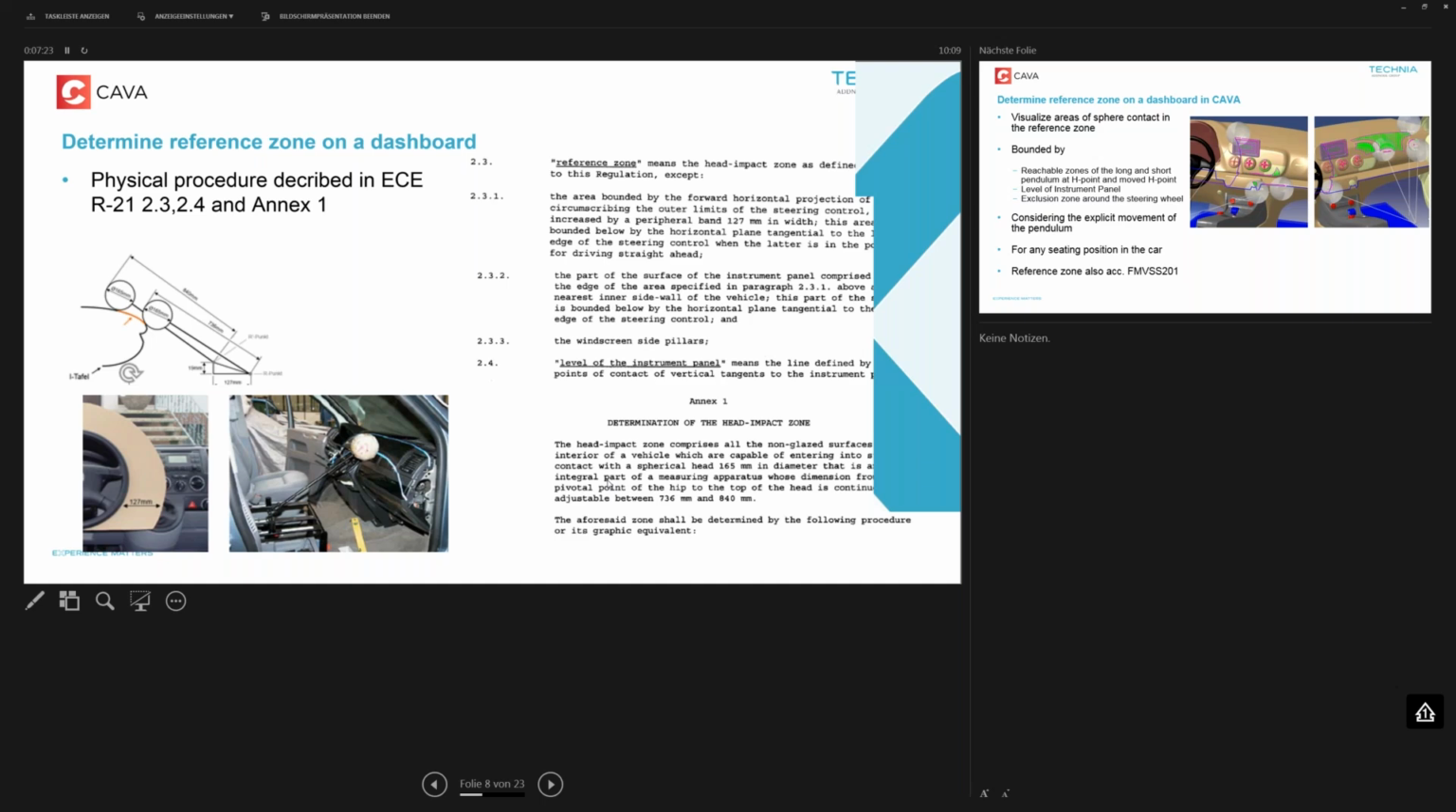First, here you will see how, for example, the head impact zone or the reference zone is determined on a physical prototype. In a physical prototype, the definition of the reference zone you will find in sections 2.3 and 2.4 of ECR 21, and the method of determination of the head impact zone in Annex 1. So basically this describes a pendulum shape, a pendulum fixed to the H point or also to a moved H point,